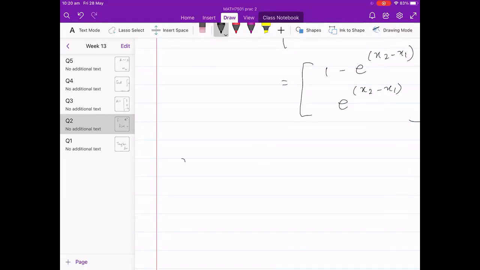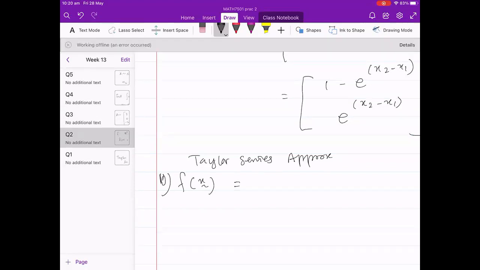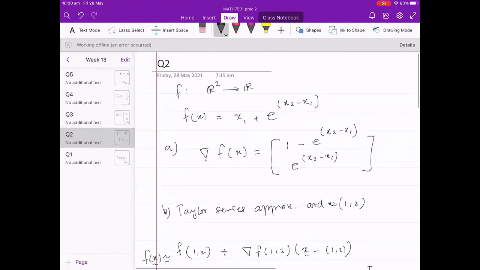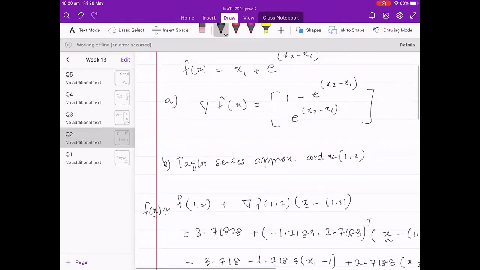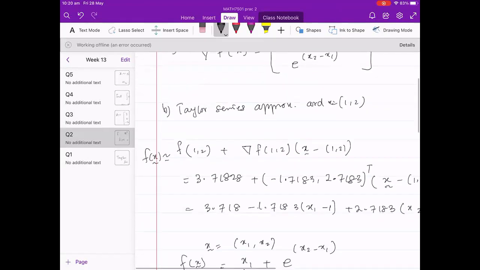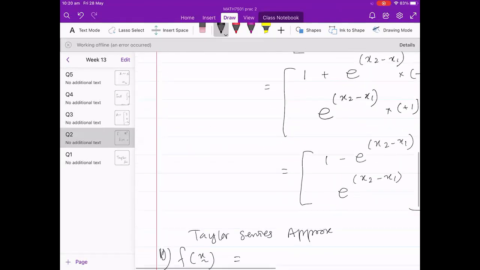What's in general the Taylor series approximation? Equals what? So we are going to use